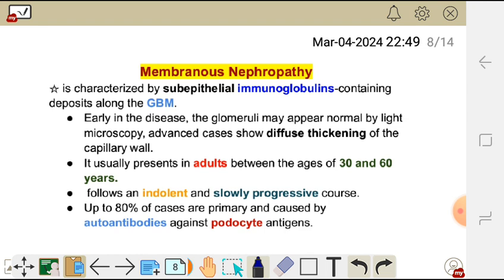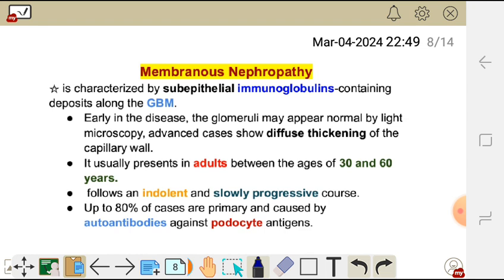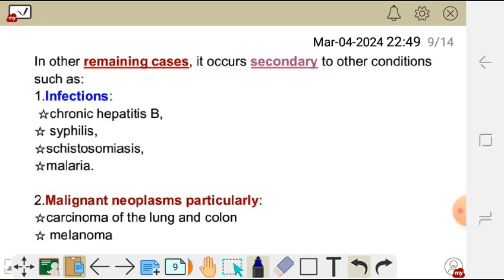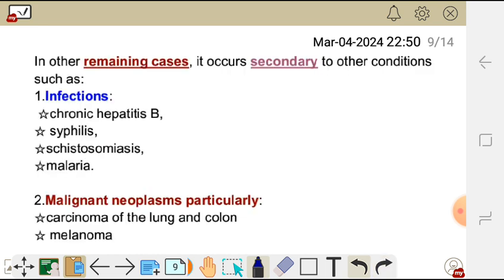Okay, and up to 80% of cases of this condition, membranous nephropathy, are primary. Okay, are primary and are caused by antibodies, as we have already said, immunoglobulins, which form complexes. So these antibodies are against the podocyte antigens. So we have said that 80% are primary, meaning they do not result from another condition. They are primary. But we also have the remaining cases, which is